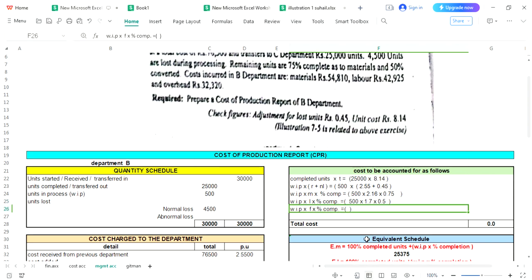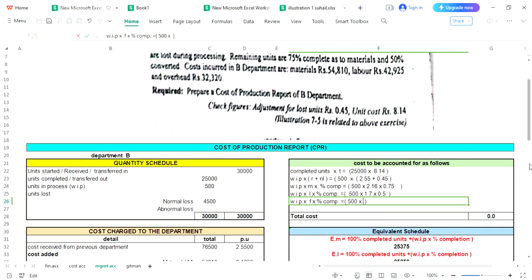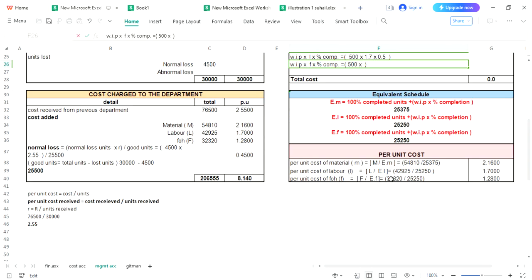It's time to write down cost of work in process for FOH. The very first thing you need is work in process. Come over here. This 500 is work in process right now. And then you need to multiply with what? Per unit cost of FOH. In the right page, lower department, you have calculated per unit cost of FOH. You can see over here per unit cost of FOH, and that is 1.28. Put here